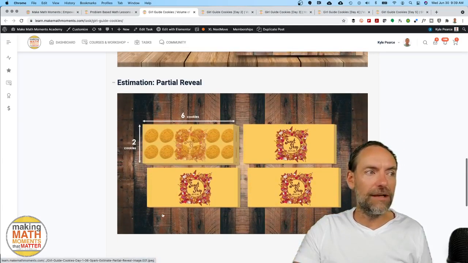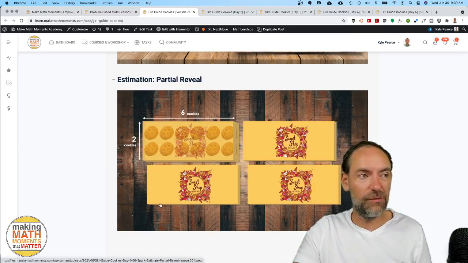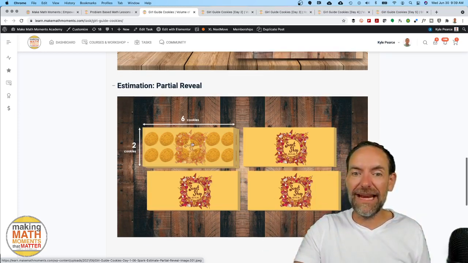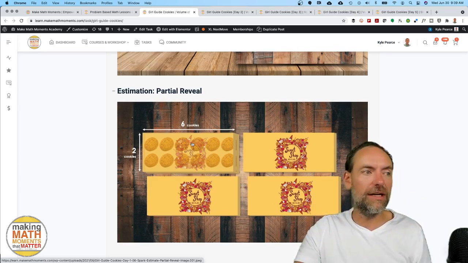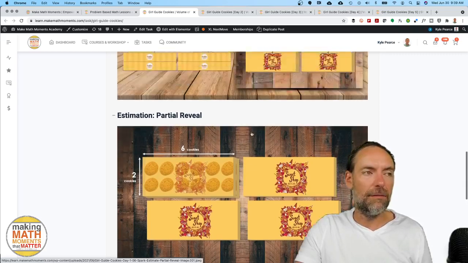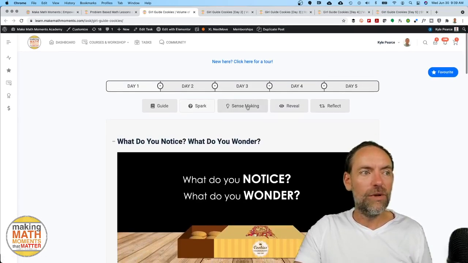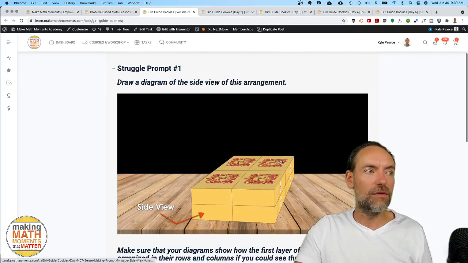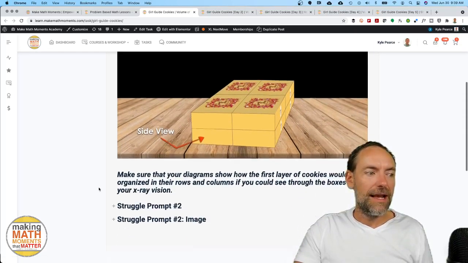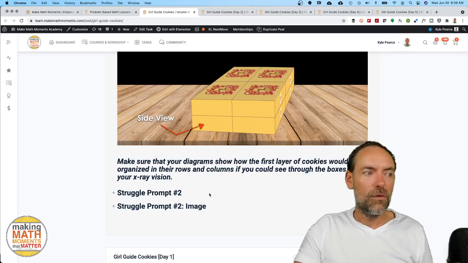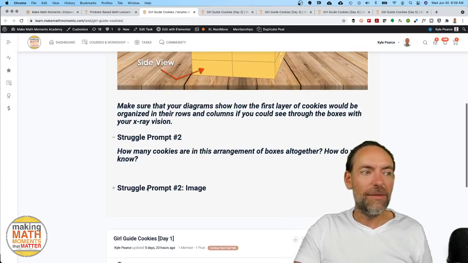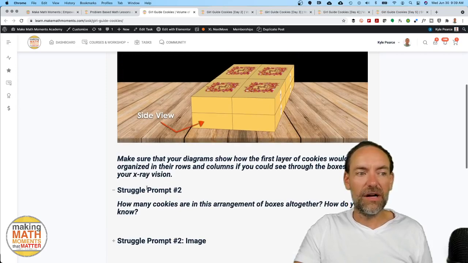And then finally, we'll give them a partial reveal. We'll say, listen, it is actually 2 cookies by 6 cookies in each box. I'm going to have you update your estimates now, giving all students an opportunity to enter into this task before we dive into our sense-making prompt, which is to draw a diagram of this arrangement. And then finally, what we're asking is for them to determine how many cookies are in the arrangement of boxes